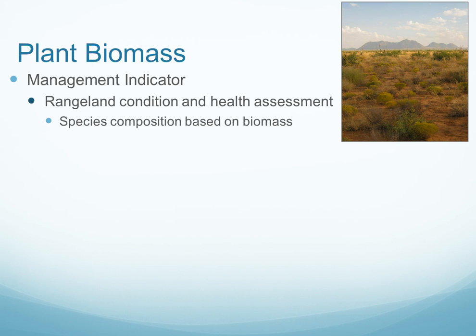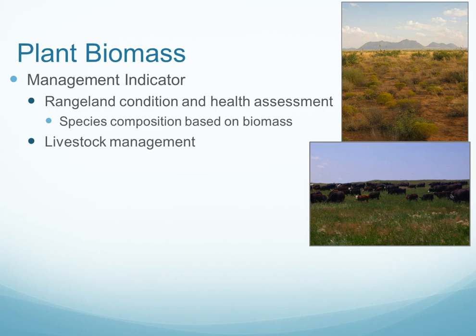As a management indicator, we use biomass to provide information when we are assessing rangeland condition and rangeland health. And that's because both of these assessments use species composition information that is based on relative amounts of biomass. Plant biomass is an indicator that is used to inform livestock management. We use the forage inventories to determine stocking rates, and also the distribution of biomass can provide information about animal